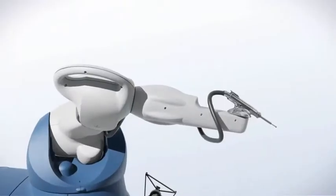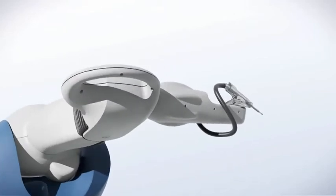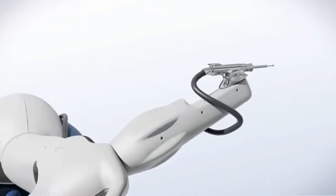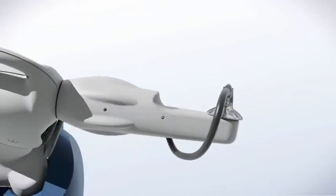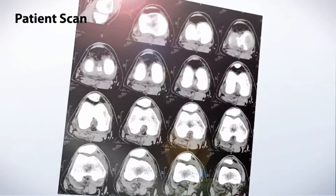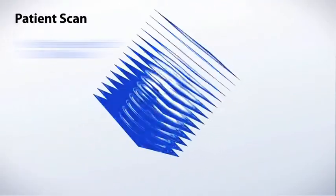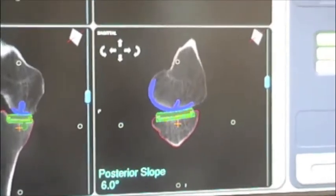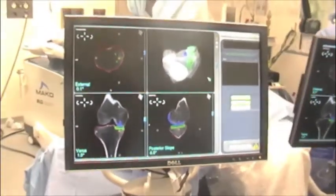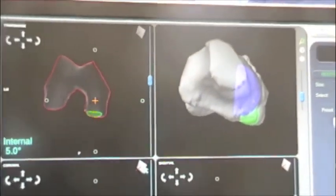This is what the robotic arm that we use in the OR looks like. At the end of the arm is a small burr that allows us to sculpt the bone. I have complete control over the robotic arm at all times. We get a CAT scan preoperatively, and from this CAT scan I can make a 3D model of the patient's knee. On this model, I optimize the plan so that the implants are perfectly aligned and the minimum amount of